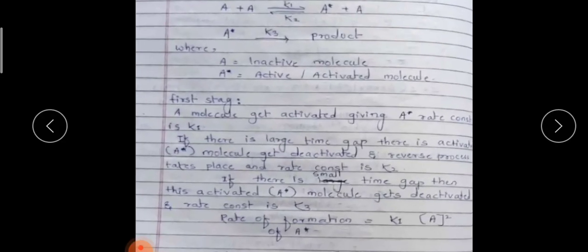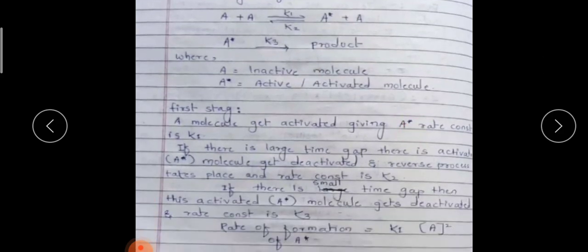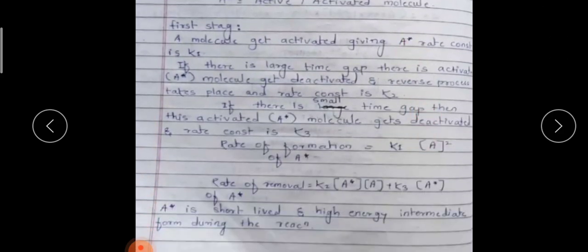Very simple it is. These reactions you have to write. What is the first step? You can write this explanation over here, then you can write the reaction. Okay, no problem. Then we have taken the rate of formation of the A star and the rate of removal of the A star. Then we have calculated the activity of that highly activated species, that is, you can call it the activity of the A star.